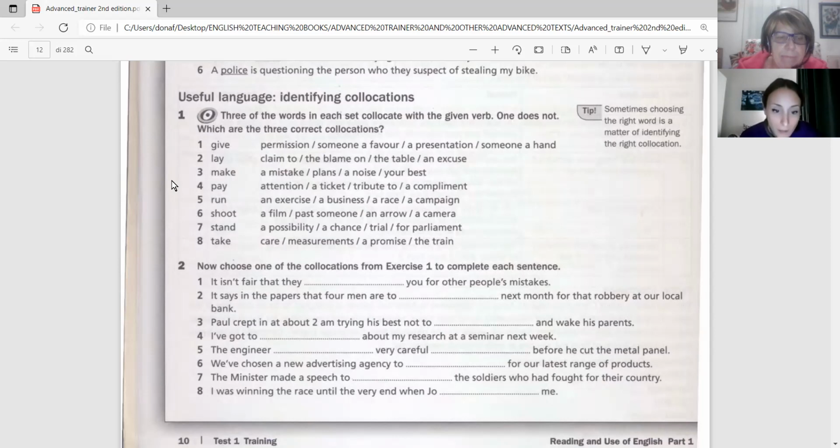Take care, take measurements, take a promise, take the train. Take the train. Take a promise. Yes, good. You don't take a promise, but you make a promise. So I want to give you an exercise to do by yourself, and I want to